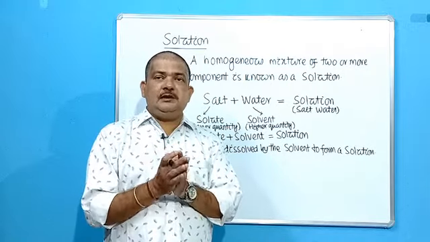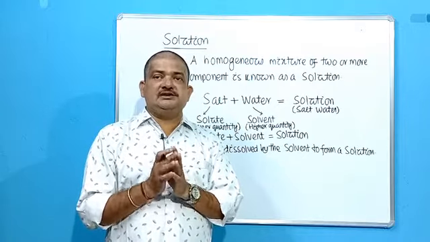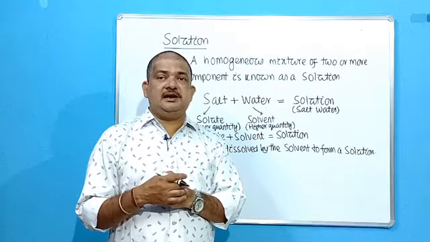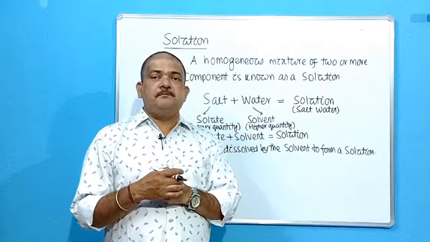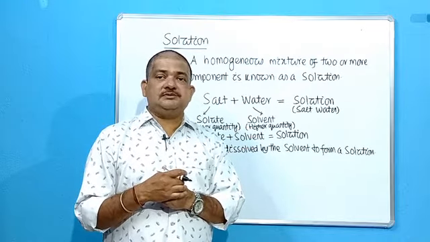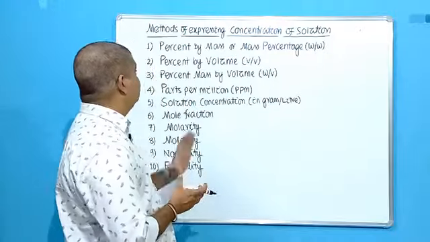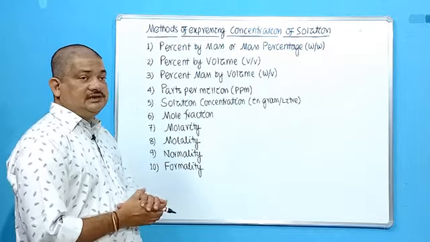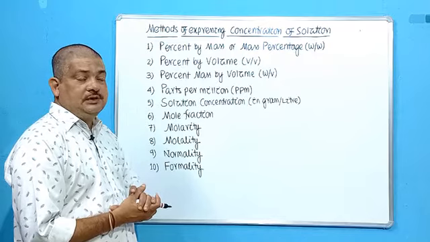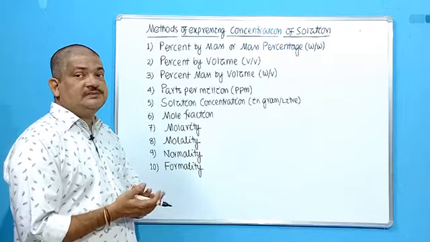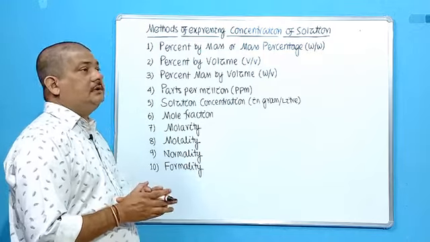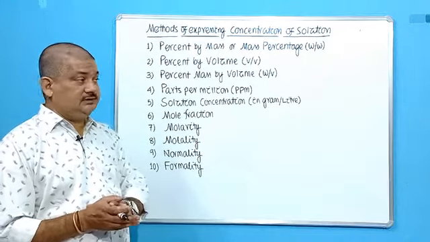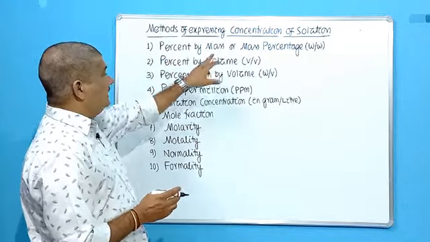So the quantity in which the solute and solvent are present in a solution is known as its concentration. Next we will be discussing various ways to express the concentration of a solution. So next we'll discuss methods of expressing concentration of solution. As I told you, the relative amount or quantity of solute and solvent in a solution is called the concentration of the solution, or strength of solution, and can be expressed in various ways.